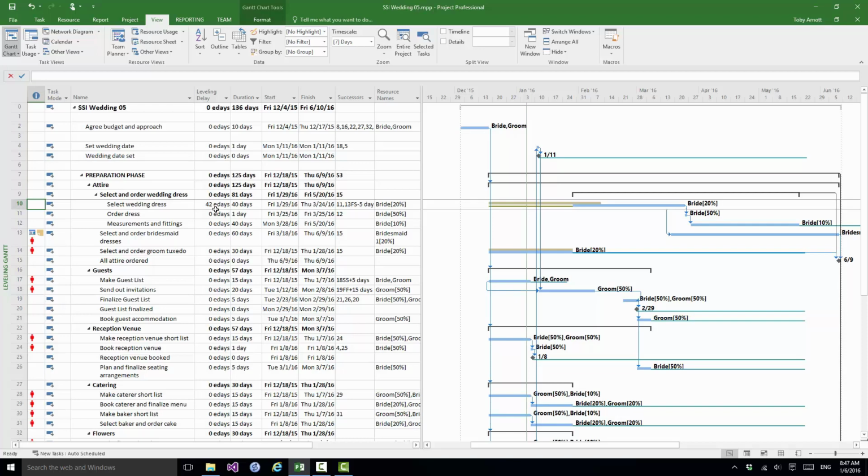So their leveling delays are set at 0 days. They weren't delayed because of a leveling problem. They were delayed because they are successors of a task that had a leveling problem. Now, if I wanted to put this particular project back the way that it was, I could obviously do the